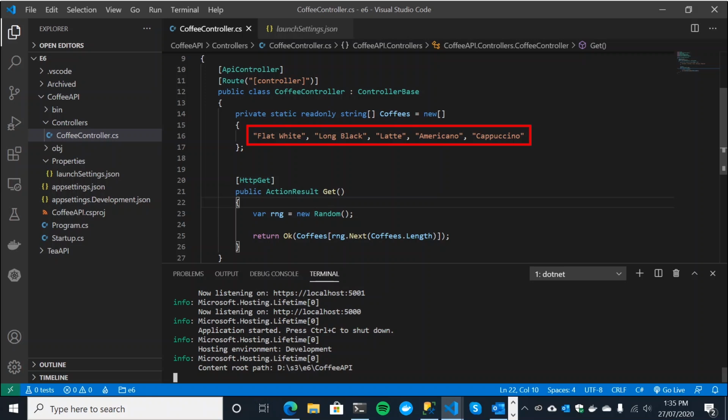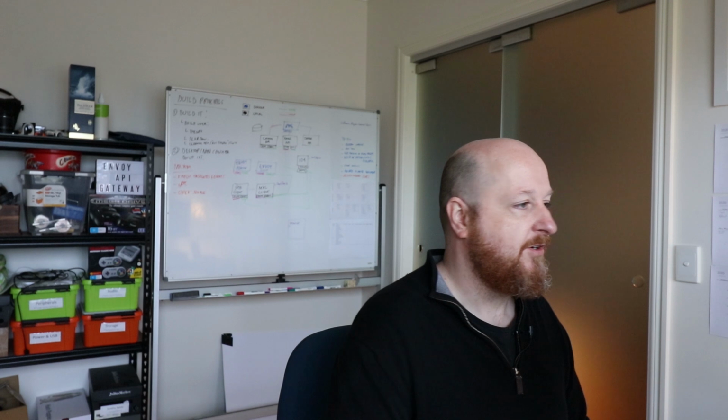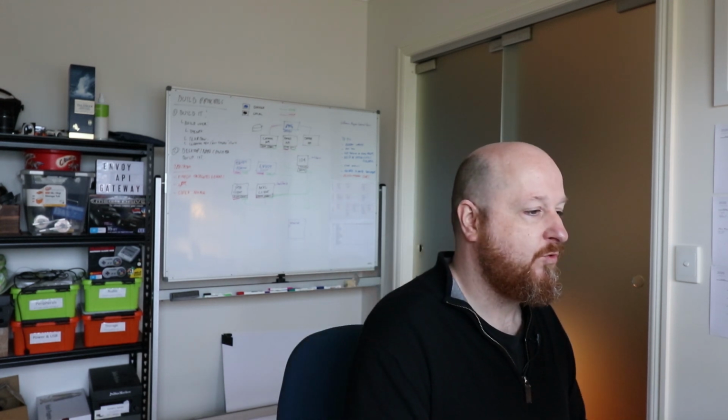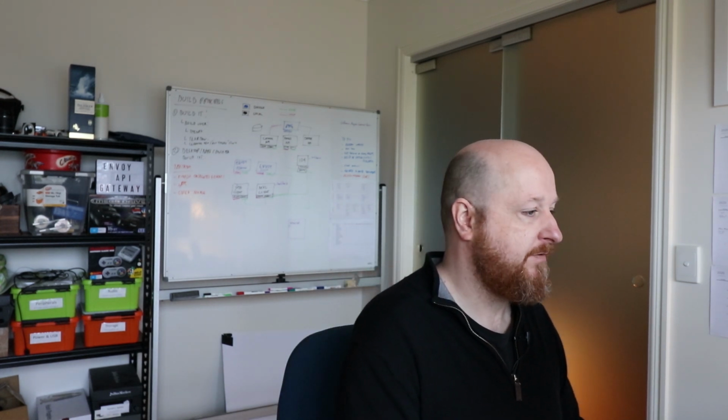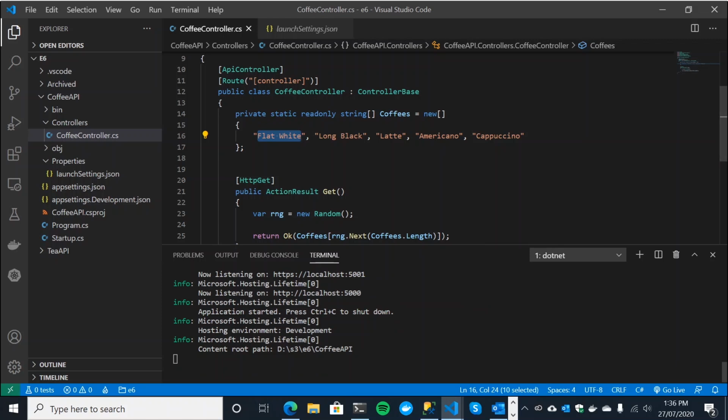cappuccino, long black, fantastic. Just out of interest, these are the coffee names that we use here in Australia. So you go into any coffee shop in Melbourne or anywhere in Australia, this is what you'll get. I don't know if you call them the same things. My personal favourite is a flat white. But yeah, I don't know. Comments below if those coffee names look weird to you, or you use the same ones wherever you are. All right, so that's our coffee API done. That's it done basically as far as setting up our API, and we'll be using that later.